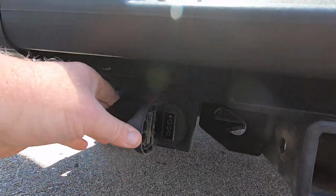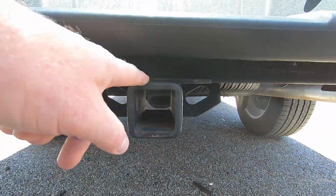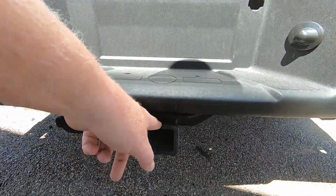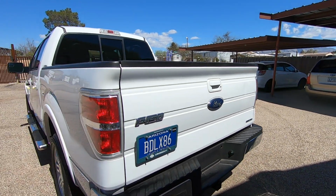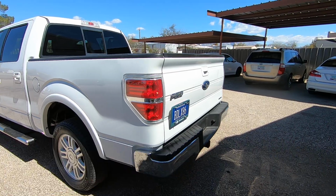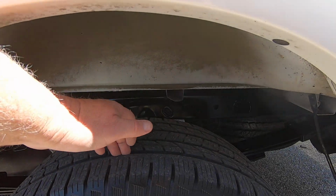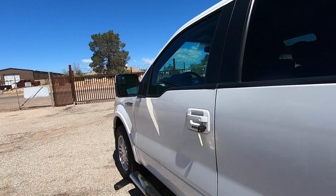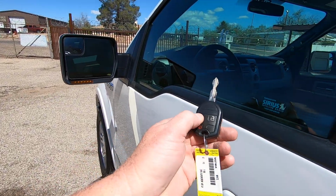Let's see, you have a trailer plug. Now this, by the way, a lot of people, when they're up in the air and you can see them, this hitch is attached to the bumper, not to the frame of the truck. So this would be for very lightweight trailering. If you want to do bigger trailering, you got to go to a trailer shop and have it hooked up to the frame correctly. That is actually correct, but it's for very lightweight. I've seen people hook up, you know, Bayliner boats to these things, 25 footers, and then the bumper ends up hanging from the truck. So I always like to tell people that's for a little tiny U-Haul trailer or something. Anyway,